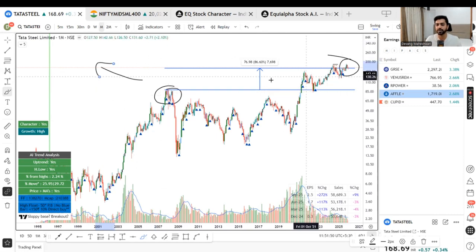Okay, in almost 18 years, it moved only 86% plus the dividends that you have gotten in between. But people say, no, it has given bonus also, so count that also. The price gets adjusted. This is all adjusted. Before the bonus, it would have been something different. But then the price also reduces.